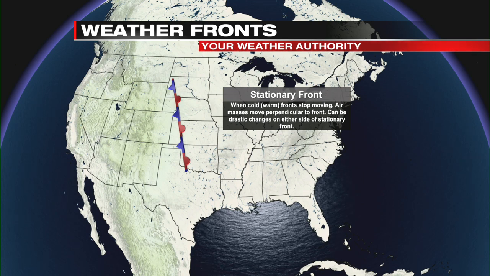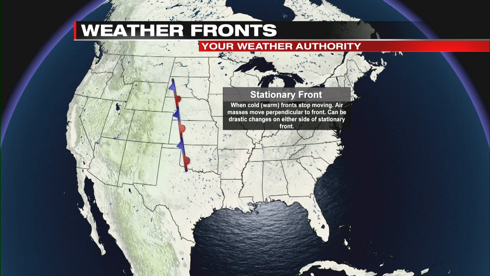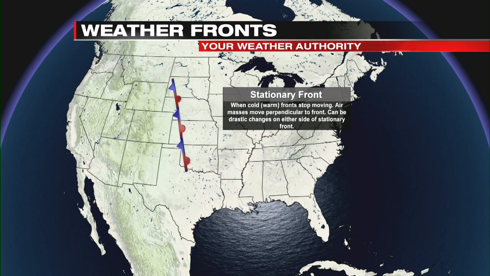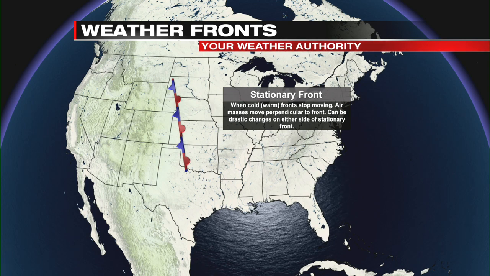And these fronts can have pretty stark contrasts on either side in terms of temperature and air mass. Imagine, here's your stationary front, my hand. The air masses are perpendicular to that front. They're coming at each other. So on this side of the stationary front, it could be 70, 75, 80. And then on the colder side of the front, it could be 40, 50, 55. So there's quite the difference there, with the air masses going perpendicular to that stationary front right down the middle.